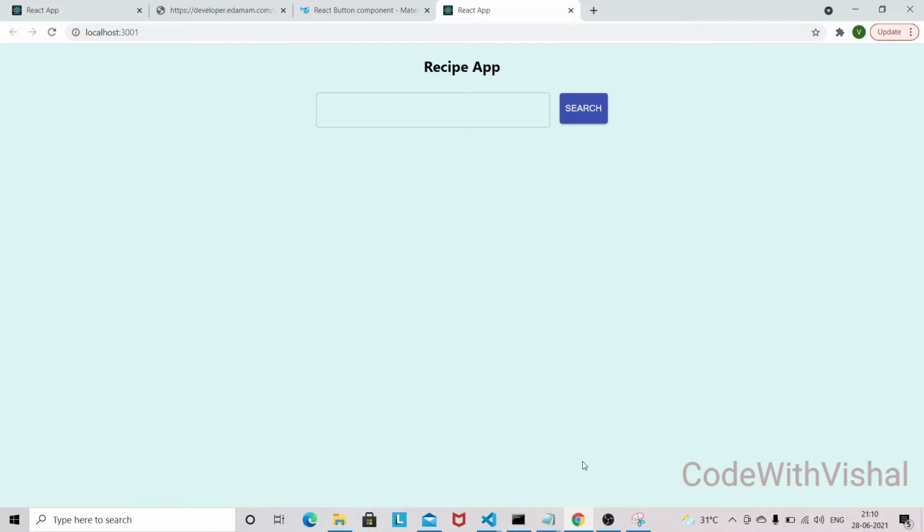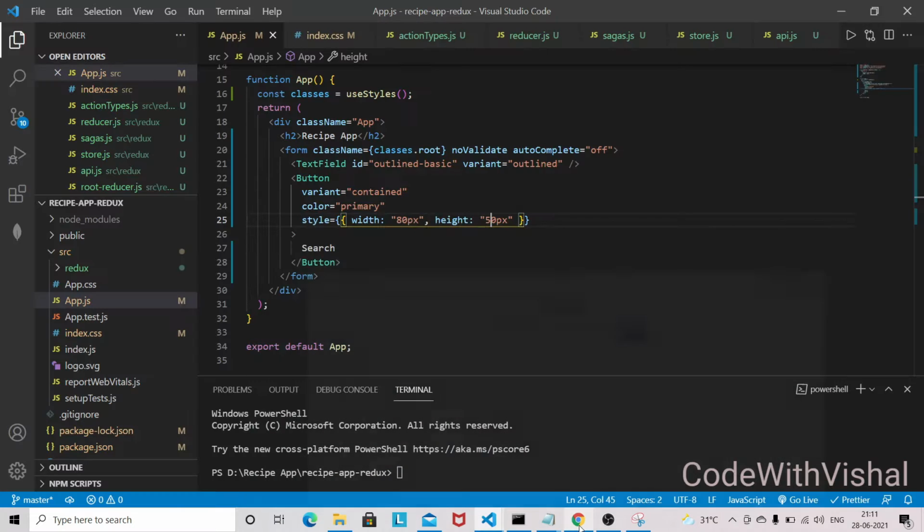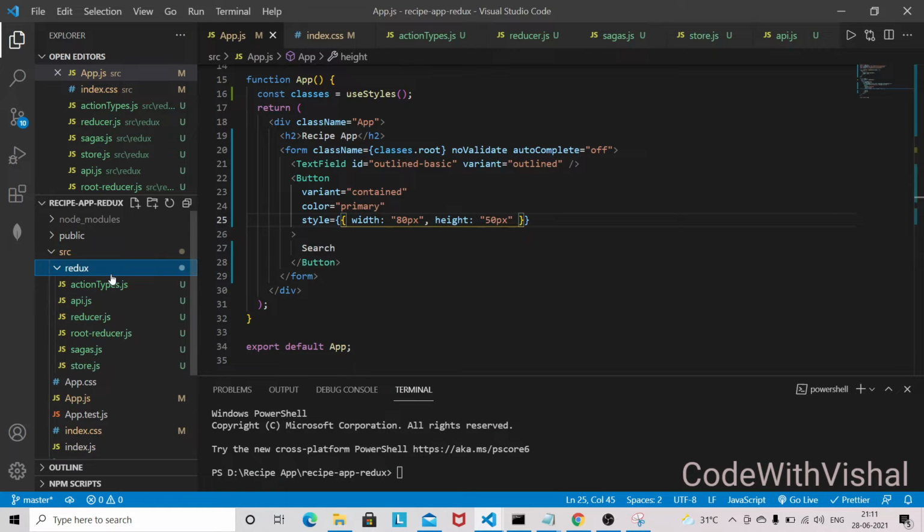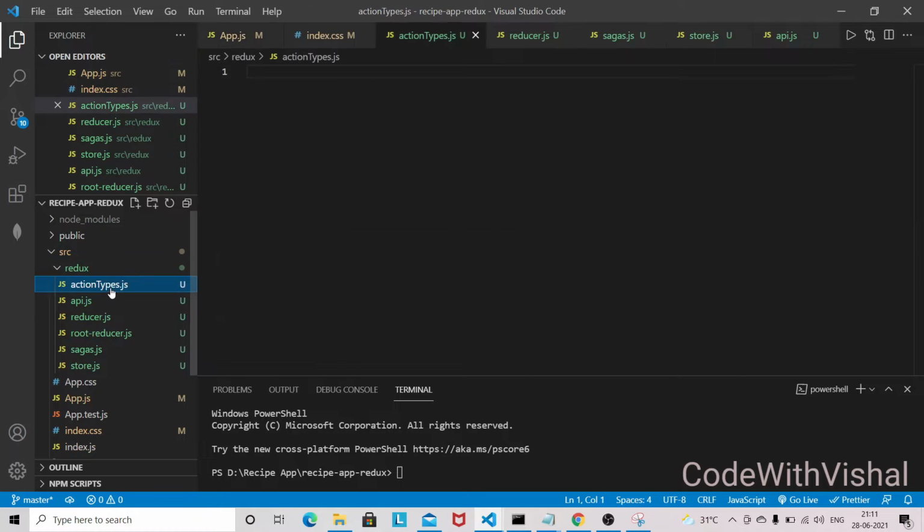So the next thing I wanted to do is hook up Redux Saga in our application. So first let's start with the action types. So the action type will be like export const FETCH_RECIPE_START.